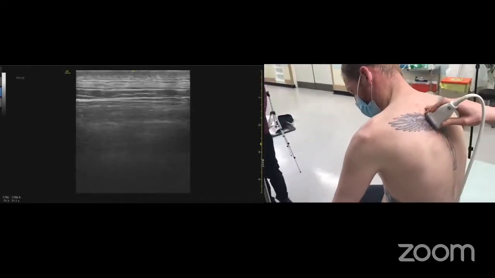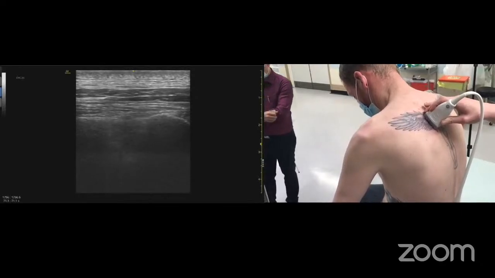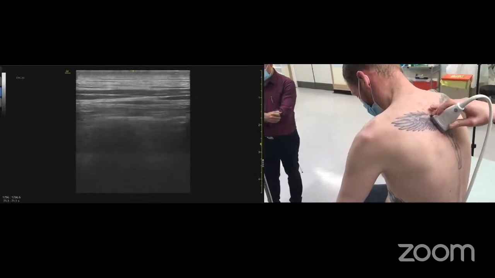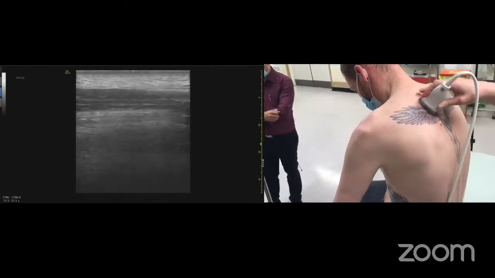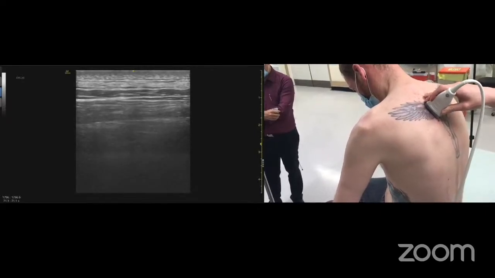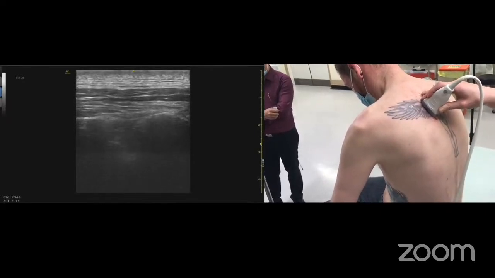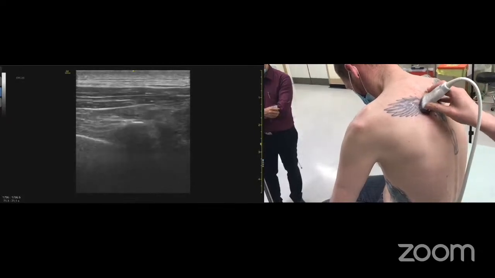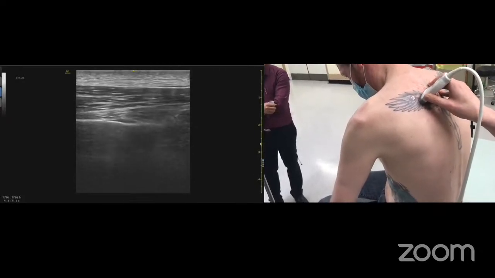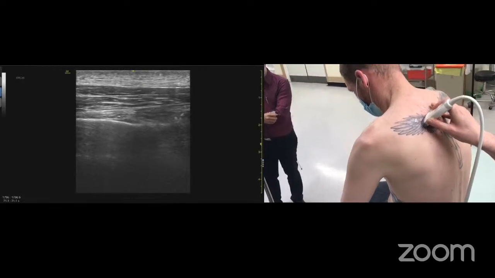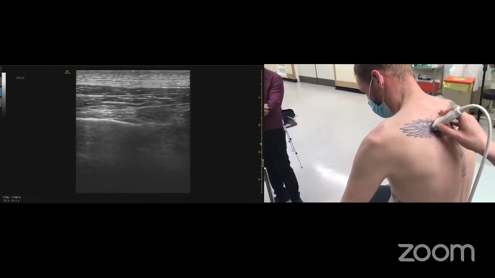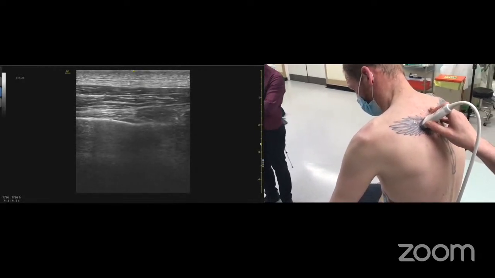Moving from the transverse process view for the erector spinae, I would count the level, and my preferred technique for a paravertebral is to do transverse oblique. What I'm going to aim to do is get the rib in profile, so we can see here the bright white line is the rib articulating with the transverse process. And if I do